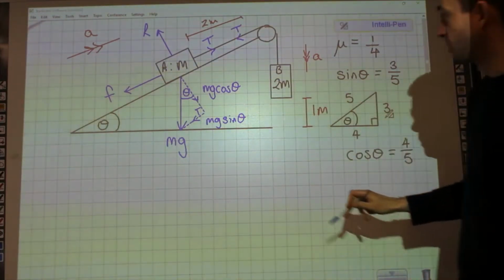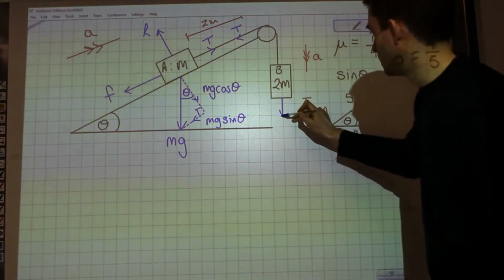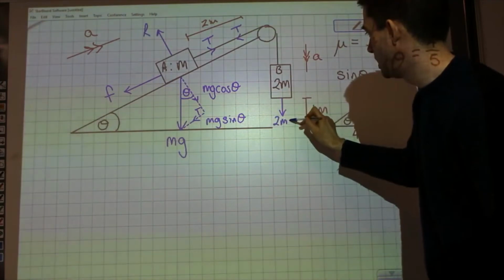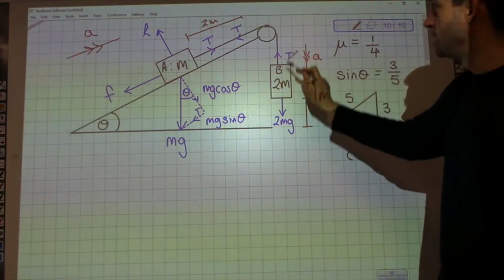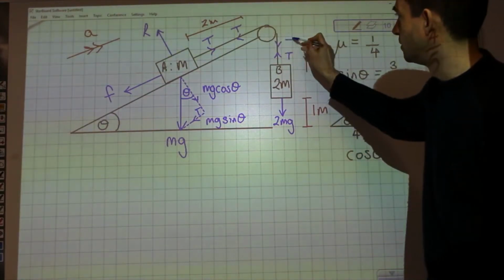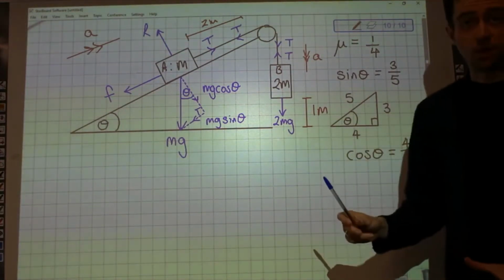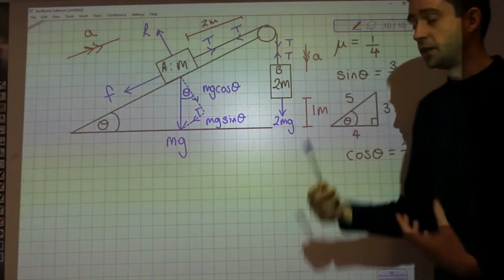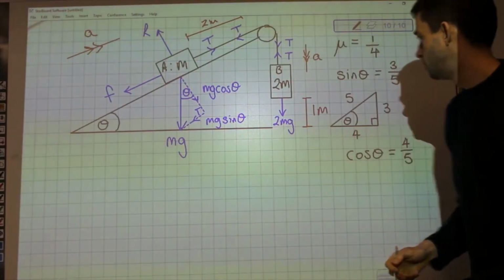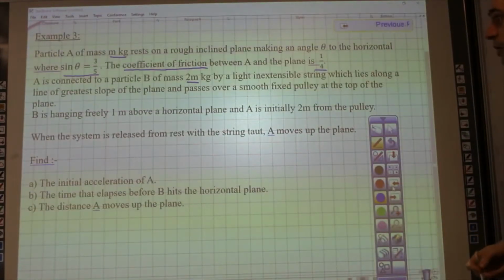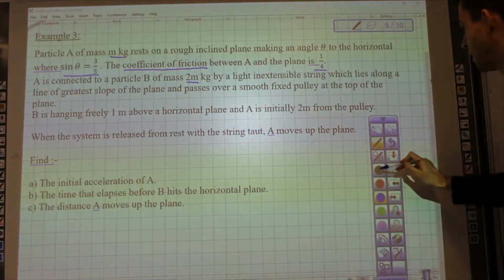So now let's look at the forces acting on particle B. We've got its weight directly downwards, which is mass times gravity, so 2 mg. We have a tension force in the string acting on B going upwards, and we have the same tension force acting on the pulley going downwards. And as mentioned before, all four of these tensions are the same magnitude, same value, same number. Okay. Right, so let's now have a look at what we're being asked to do in the question. It's asked for the initial acceleration of A. So what we're used to doing by now,